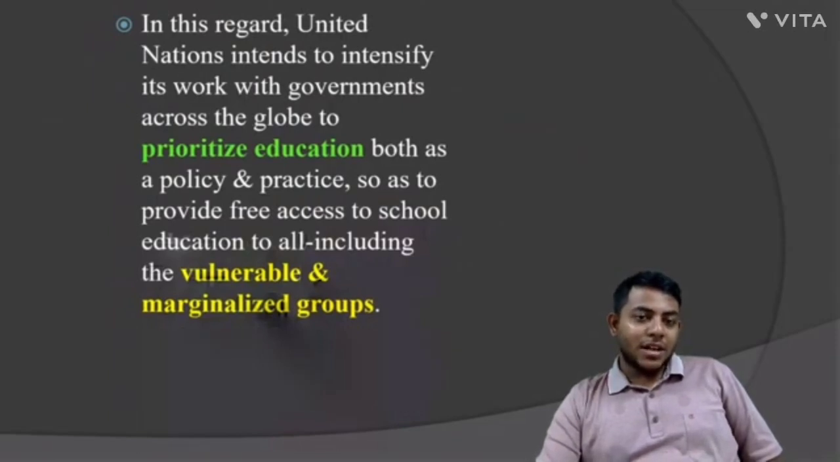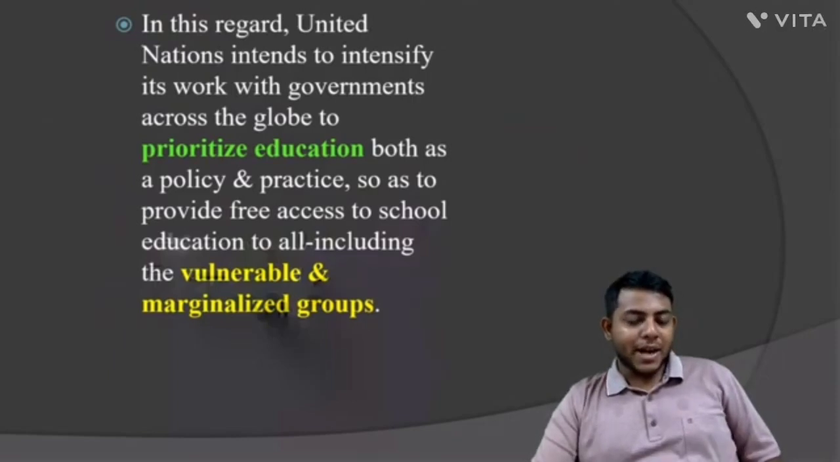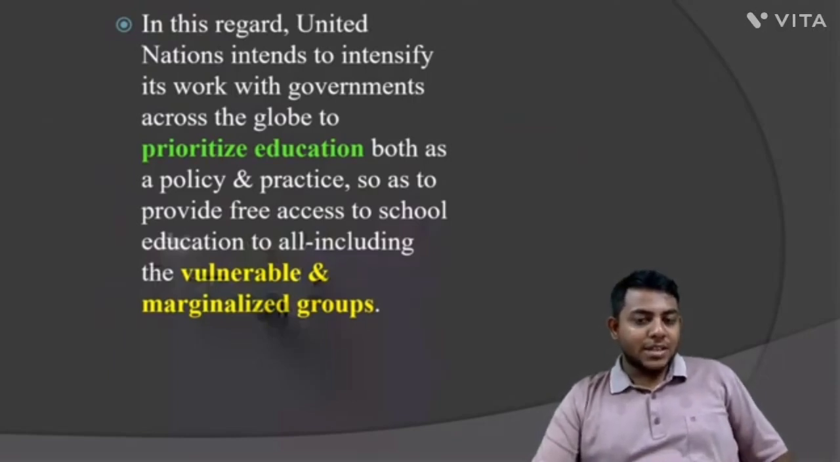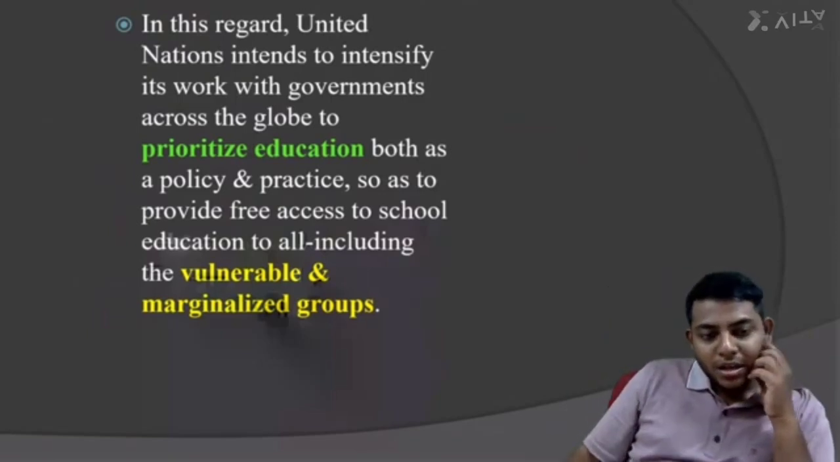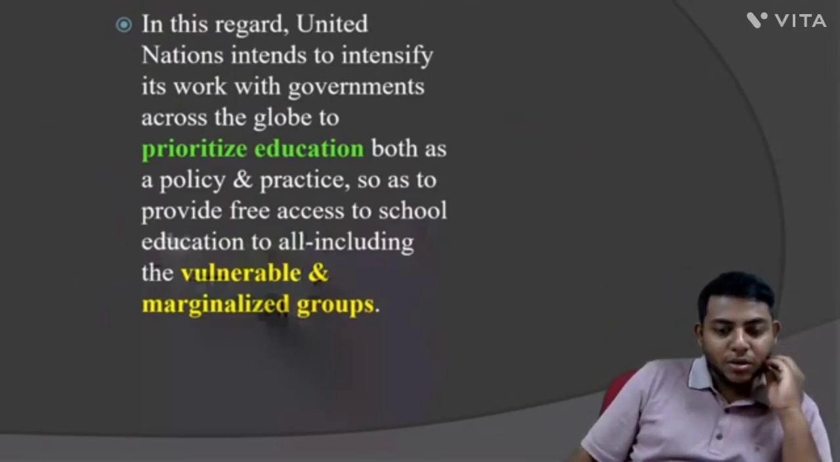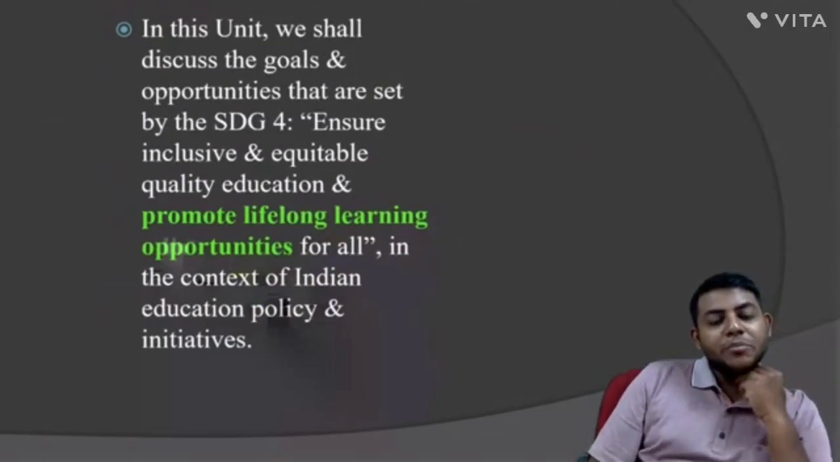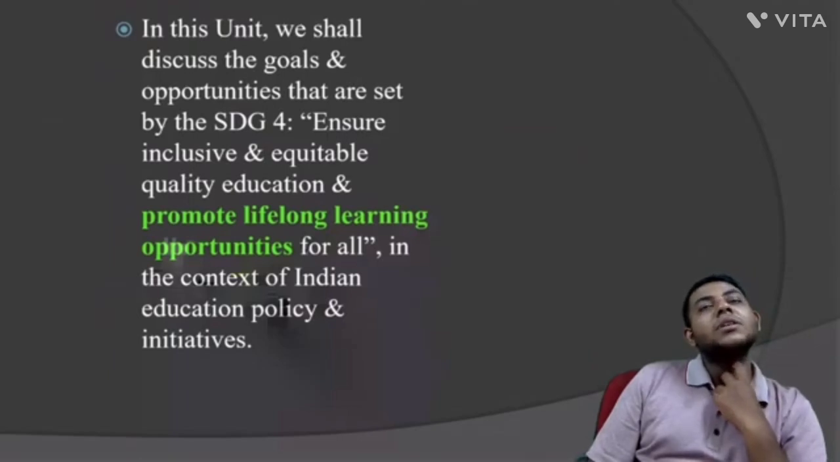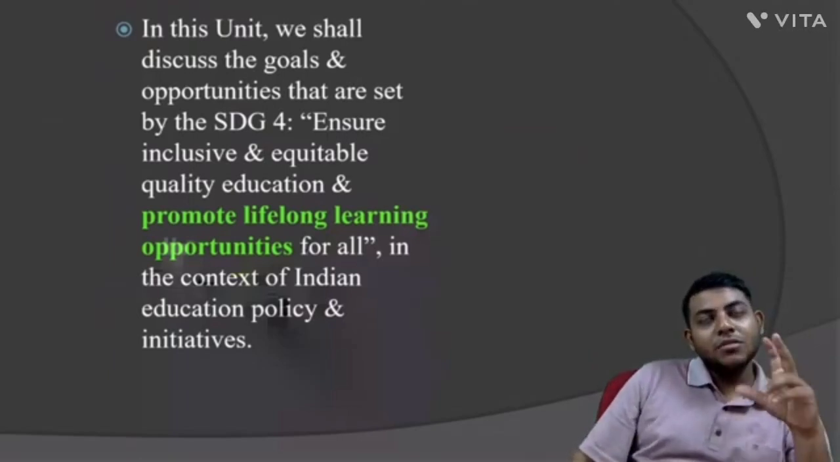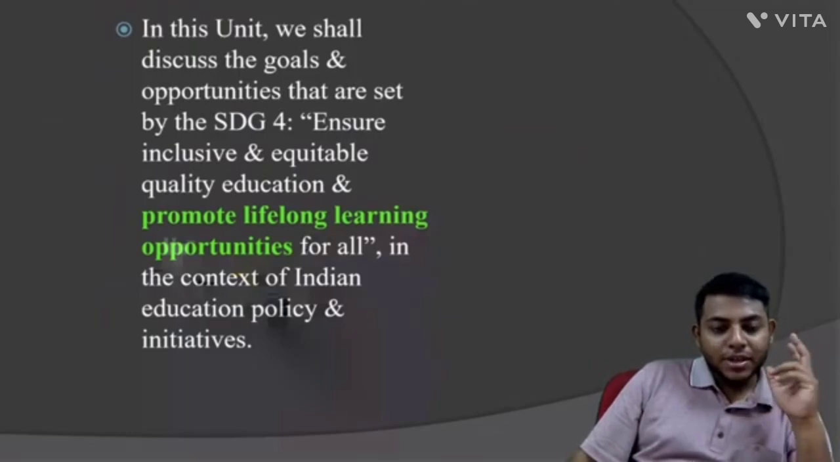And in this regard, the United Nations intends to intensify its work with governments across the globe to prioritize education both as a policy and practice, so as to provide free access to school education to all, including the vulnerable and the marginalized groups. So in this unit, we shall discuss the goals and opportunities that are set by Sustainable Development Goal 4, that is, ensure inclusive and equitable quality education and promote lifelong learning opportunities for all, in the context of Indian